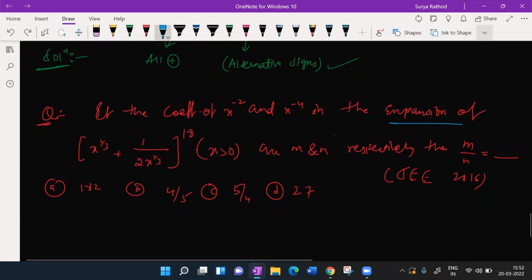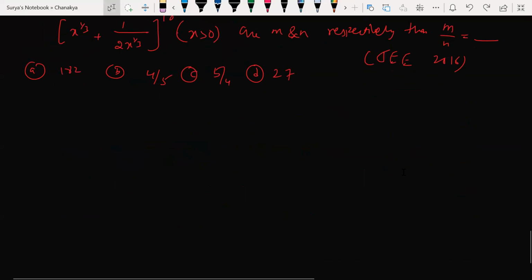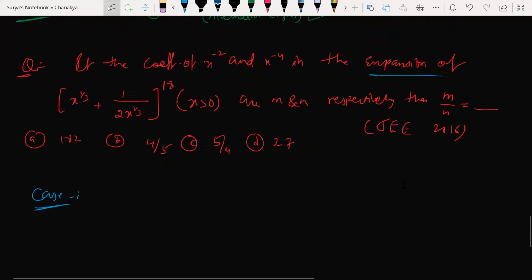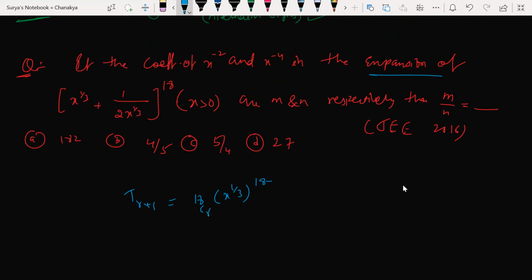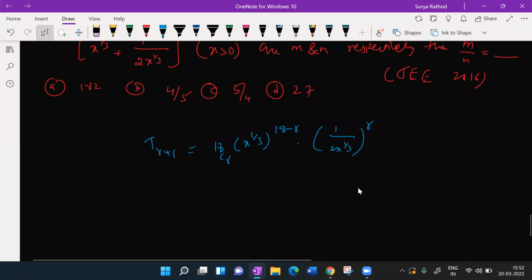How can we find this? I'll give a hint to you all. Again, use the general term formula. You'll be getting two r values, in case 1 and case 2. Take those two r values and substitute them in T(r+1). The general term formula here is T(r+1) = 18Cr (x^(1/3))^(18-r) into (1/(2x^(1/3)))^r. So if I simplify this, you'll be getting one